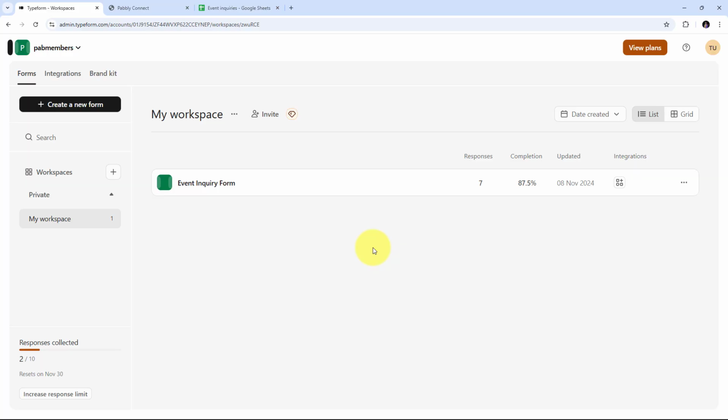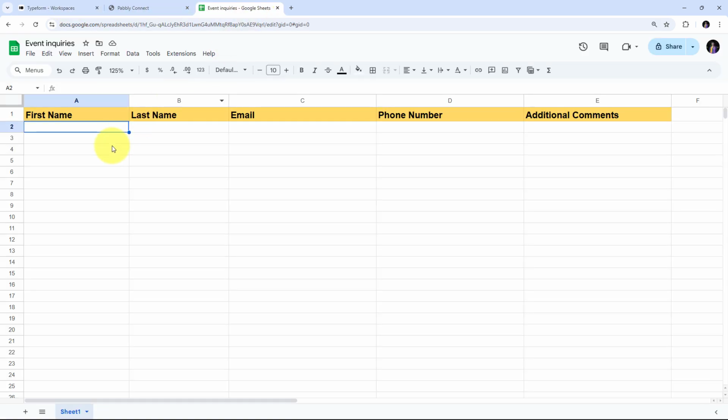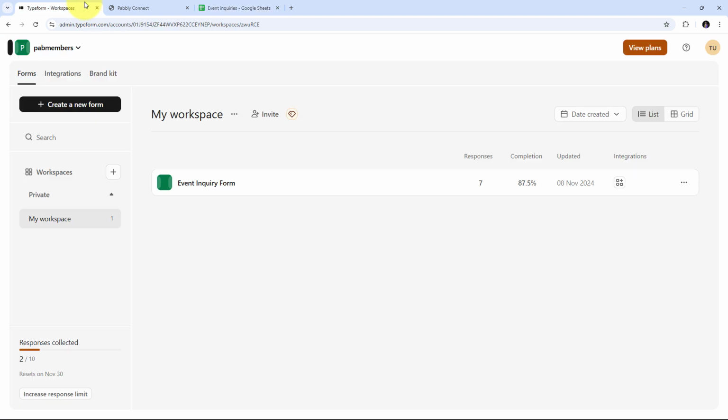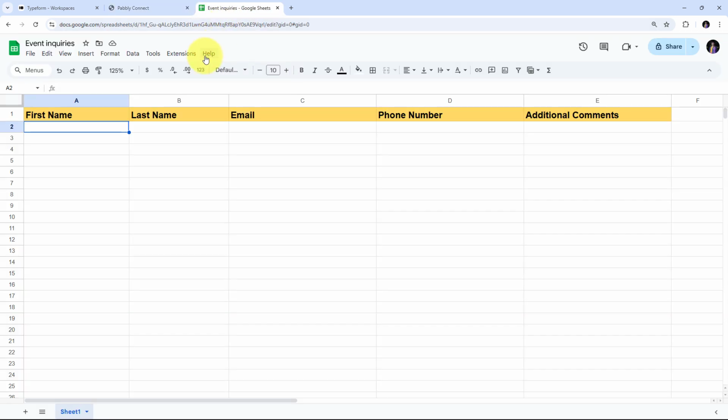I hope you all can see my computer screen, and today we are going to see how we can create a GoHighLevel contact on Typeform submission and add details in Google Sheets. So as a business owner in the event planning industry, I want to streamline my client intake process by using Typeform for the event inquiries, and I can automatically create new contacts in GoHighLevel whenever someone submits a form. This integration also allows me to store all the details in my Google Sheet, and it will ensure I have a centralized and organized database of potential clients, and it will help me in making follow-ups and